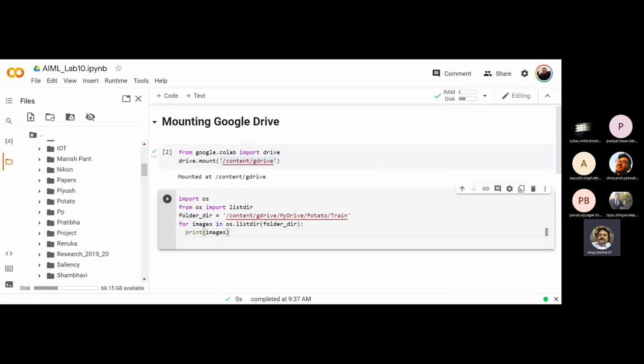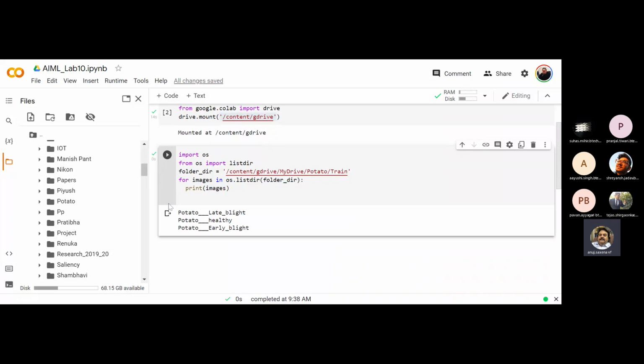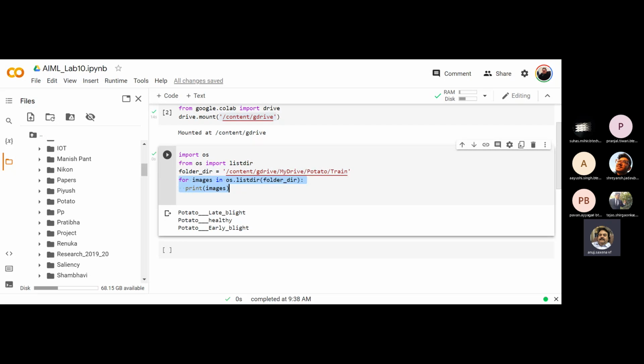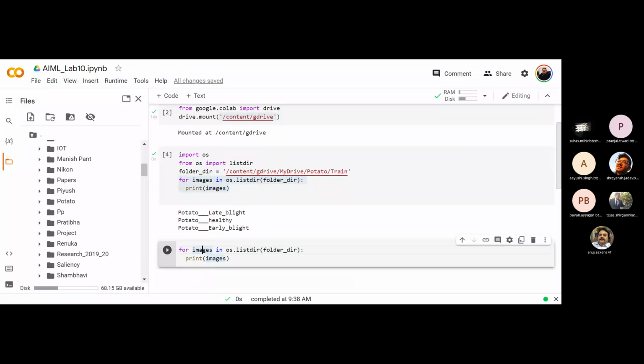First, let me run this, and you'll see that there are three folders here: potato late blight, potato healthy, and potato early blight. Okay, but I have to actually display the entire thing, that is the files there. So let me put another loop. For loop we need another. For